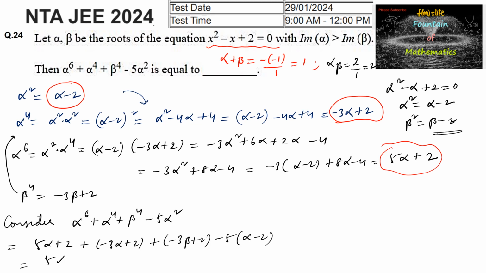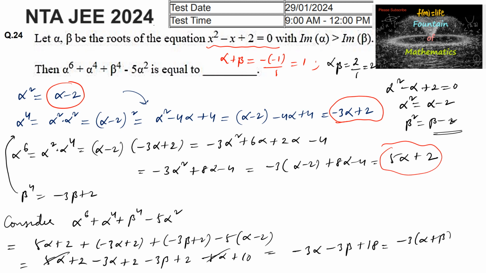So we can write 5 alpha plus 2 minus 3 alpha plus 2 minus 3 beta plus 2 minus 5 alpha plus 10. So simplifying, 5 alpha and 5 alpha get cancelled here. So we have minus 3 times alpha and again minus 3 times beta, and again 2 plus 2 is 4, 4 plus 2 is 6, 6 plus 10 is 16. So minus 3 times alpha plus beta plus 18, that is minus 3 into alpha plus beta value is